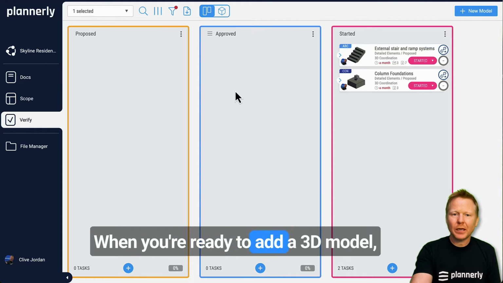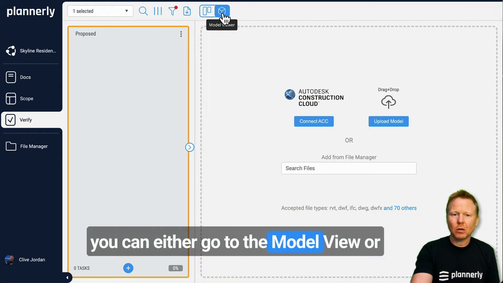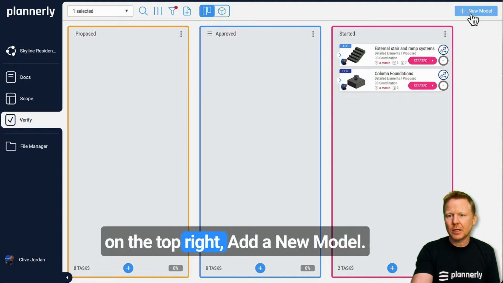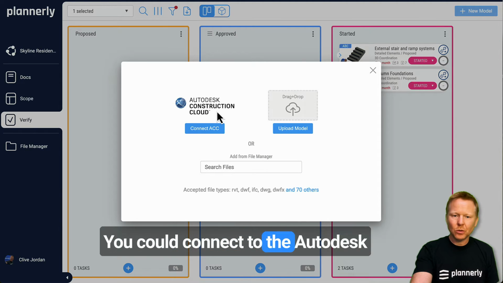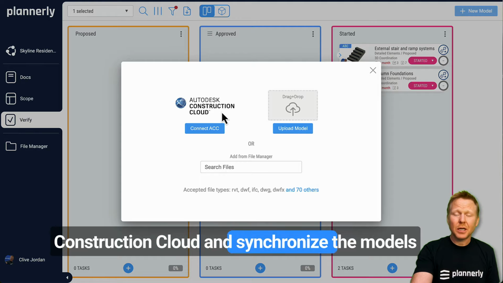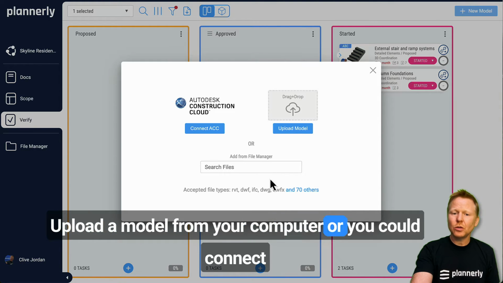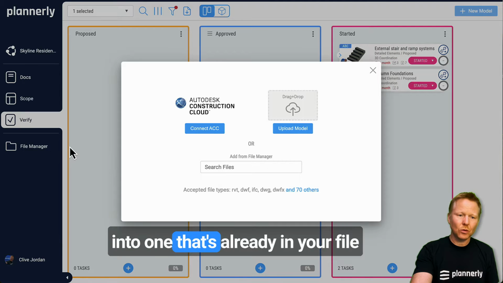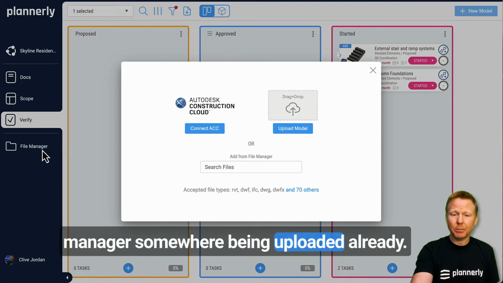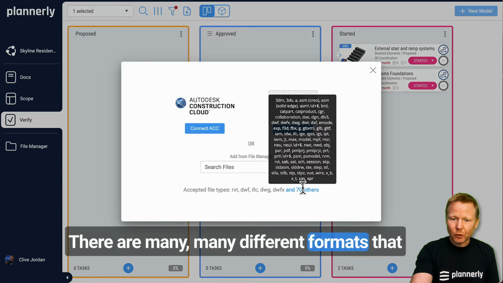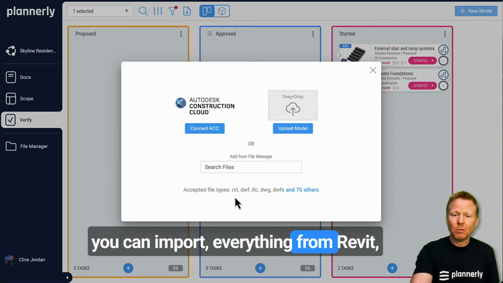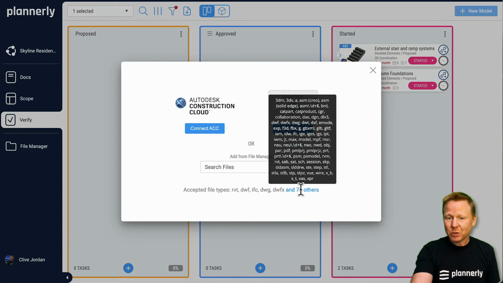When you're ready to add a 3D model, you can either go to the model view or, on the top right, add a new model. You could connect to the Autodesk Construction Cloud and synchronize the models and their versions from ACC. You could upload a model from your computer, or you could connect to one that's already in your file manager somewhere, being uploaded already. There are many different formats that you can import, everything from Revit, IFC, DWG, Navisworks files,